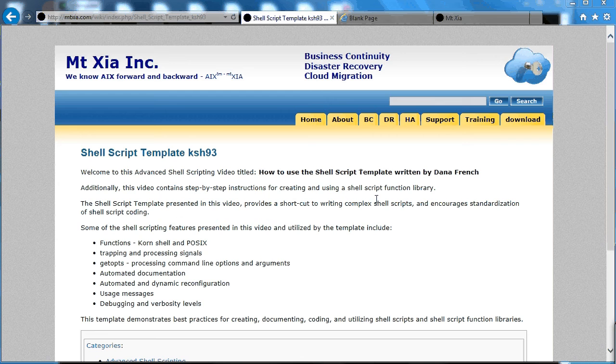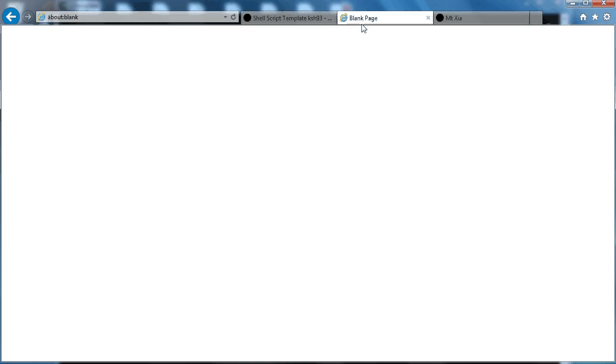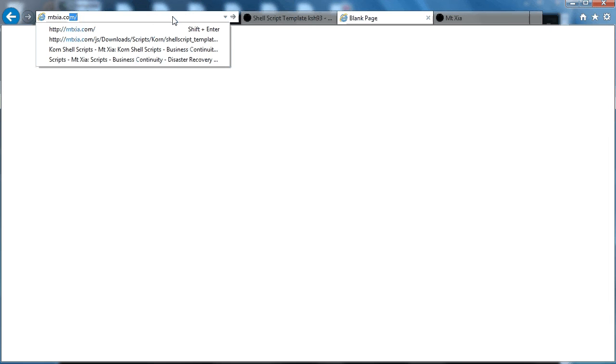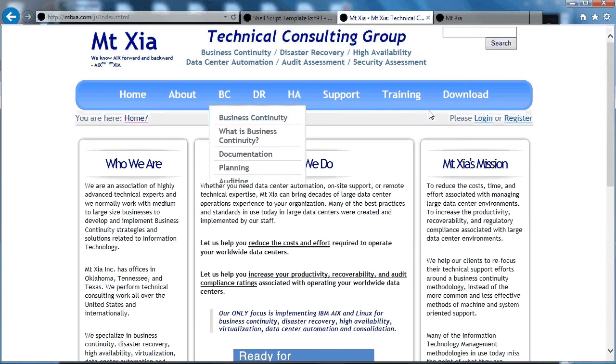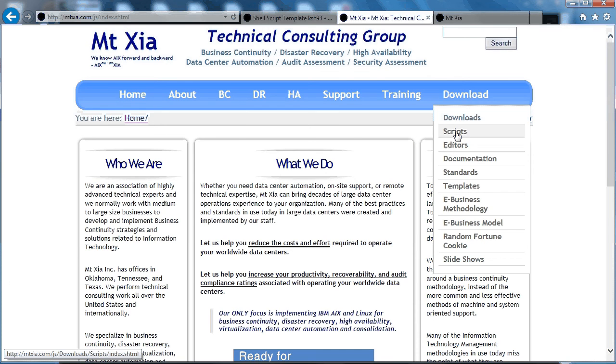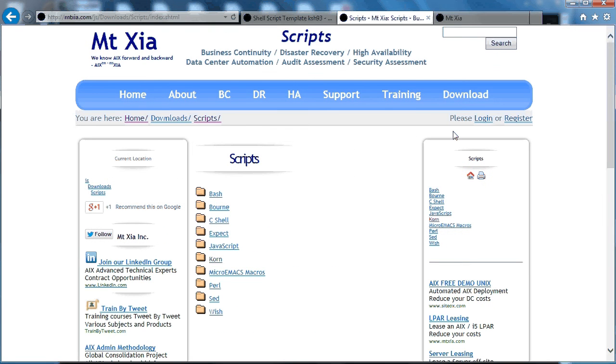So to get started, let's first go get the shell script template that can be obtained from MtXia. So go to mtxia.com, that's mtxia.com, and you'll want to go to download and scripts, and from there you'll click on Korn for Korn Shell scripts,